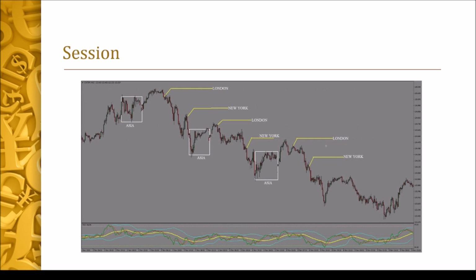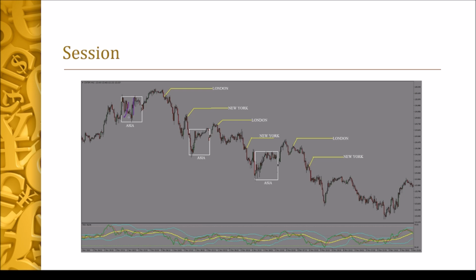So this is just a snippet from the charts, and it shows how these sessions actually relate to each other. In this case, the ones in the white box are the Asian session, and as you can see, there is no lateral movement or one directional movement.